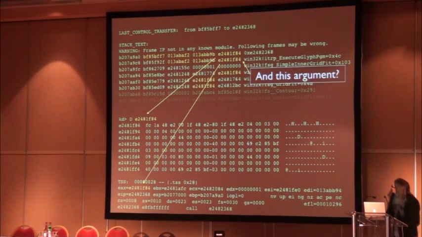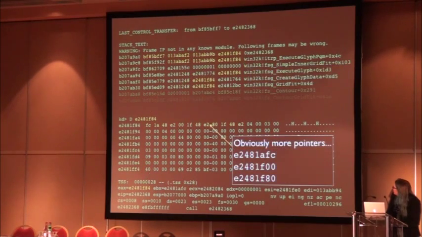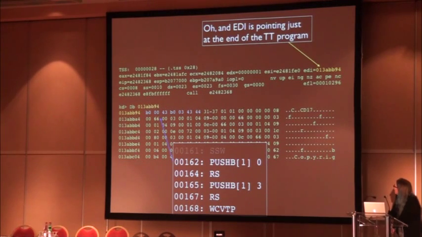So anyway, the third argument is this mysterious thing here. These are obviously all pointers because they're all in that particular memory segment, and the index pointers are mostly pointing near the end, but not all the way. So it was apparently doing something about here. It turns out these indicate which instruction it's currently on. The last instruction it actually executed was this SSW instruction, and then it never got any further. So apparently it crashed on that one.